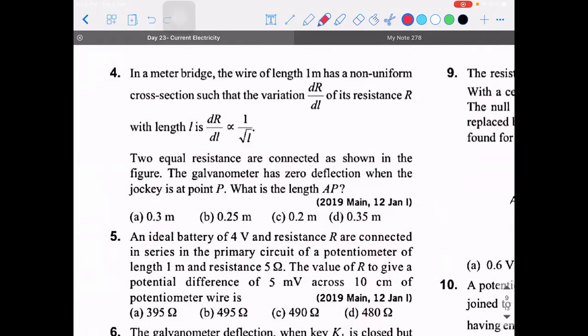The problems which are based on shunt and the series resistance, which needs to be connected to convert a galvanometer to ammeter and voltmeter. Can I do problems based on that tomorrow? Or you want me to complete magnetic effects and then do the problems? Magnetic effects, sir. You want me to complete magnetic effects and then do those problems, right?